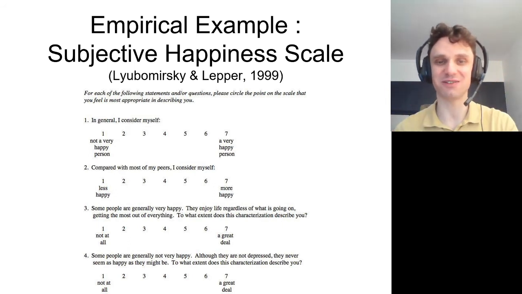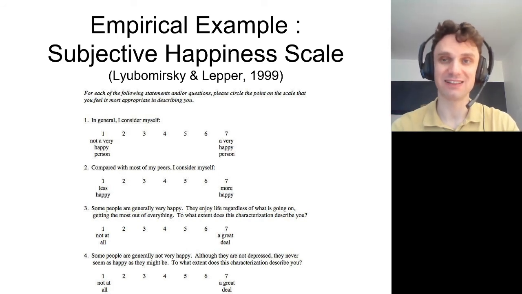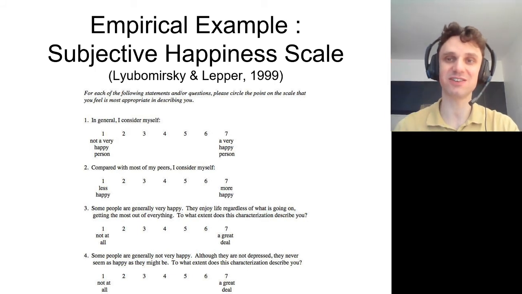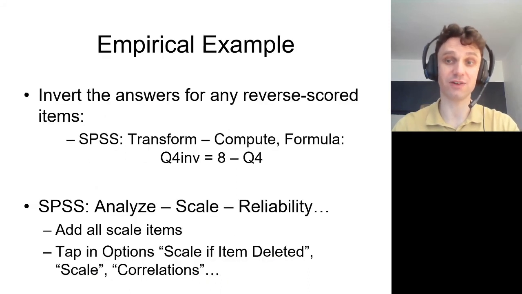Instead of 1, 2, 3, 4, 5, 6, 7, you need to change it to a scale 7, 6, 5, 4, 3, 2, 1. Because the first 3 questions measure happiness and the fourth one measures unhappiness. And this is called a reverse scored or reverse coded item. So you need to add up your answers to the first 3 items, then add 8 and subtract the fourth item. And if you have data from a bunch of people, you can calculate this in SPSS,